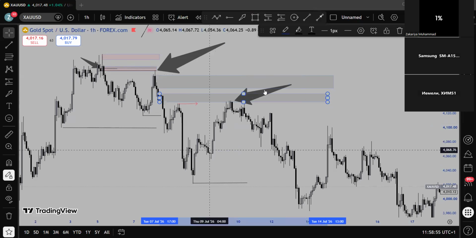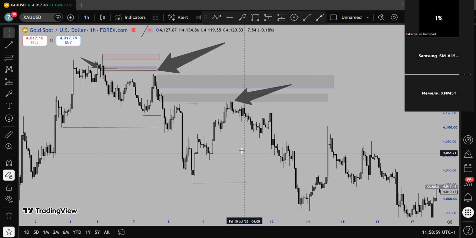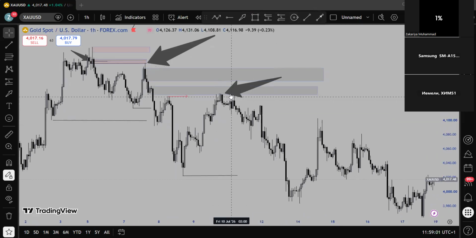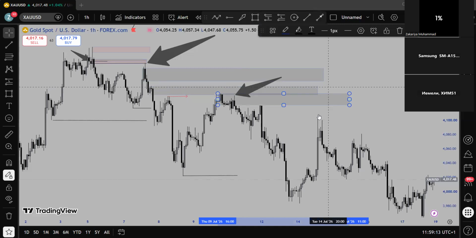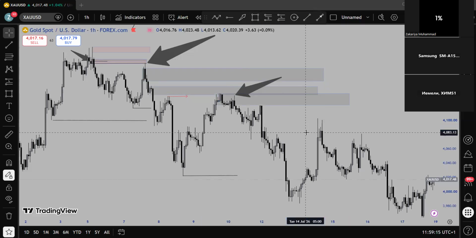But if market, let's say, uses this breaker block and then breaks structure to the downside, that means this will become your invalidation zone again. This high now will become your invalidation zone. Anything that will take market beyond, above this high, is going to be a structure shift. Do you guys understand? Yes, I understand.